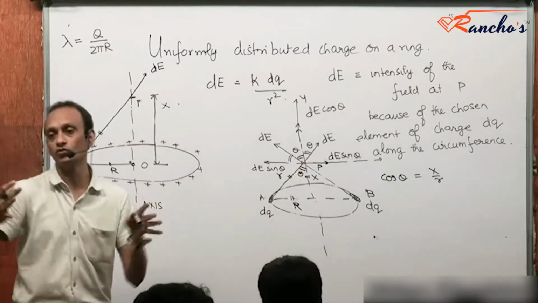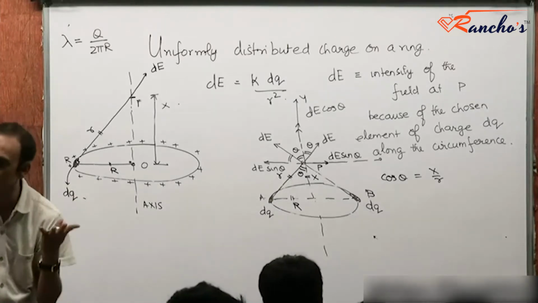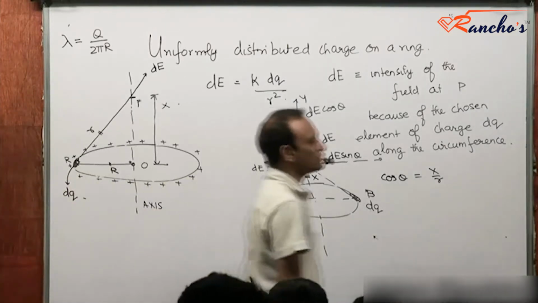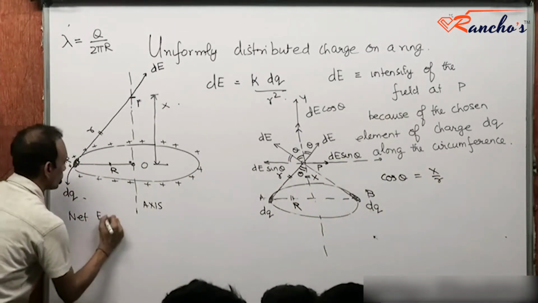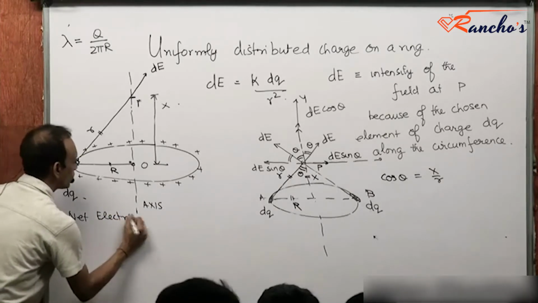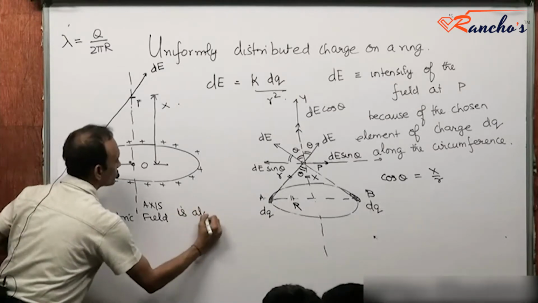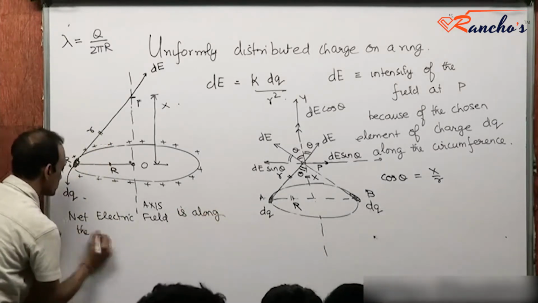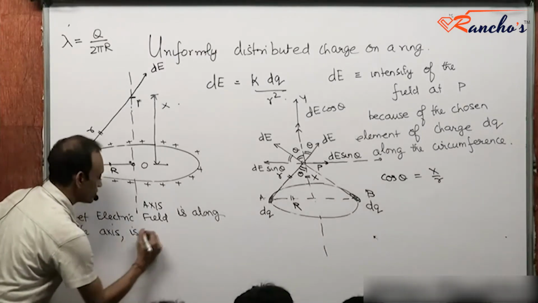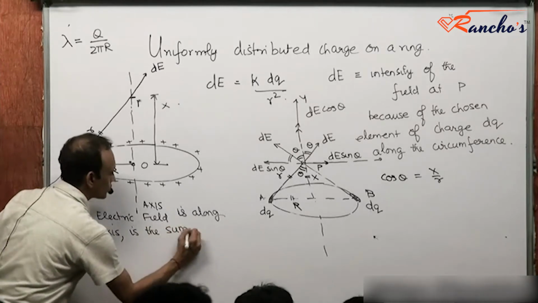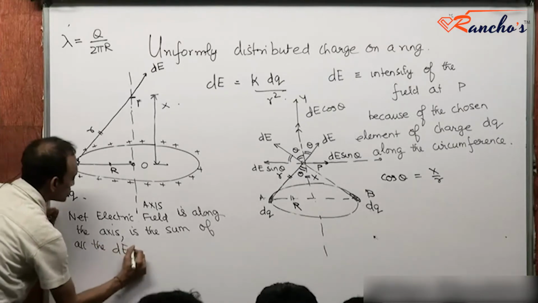Small r is the slant height of the cone, same for all points on the ring, same for all dq's on the ring. It's going to be the same cos theta. Now, what am I seeking to do? The net electric field is along the axis and is the sum of all the dE cos thetas